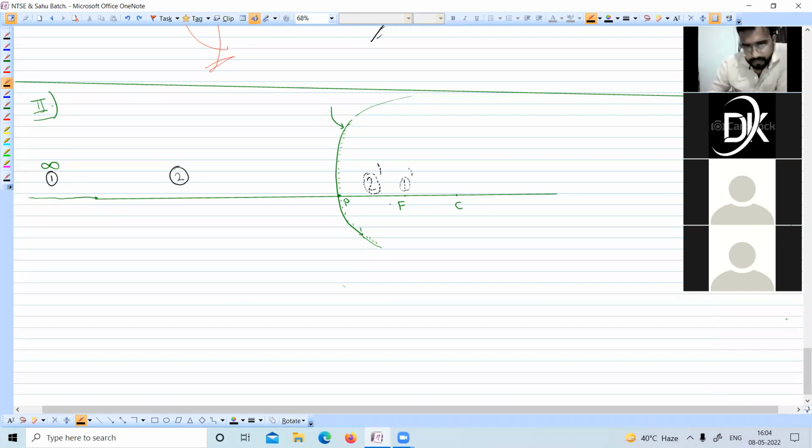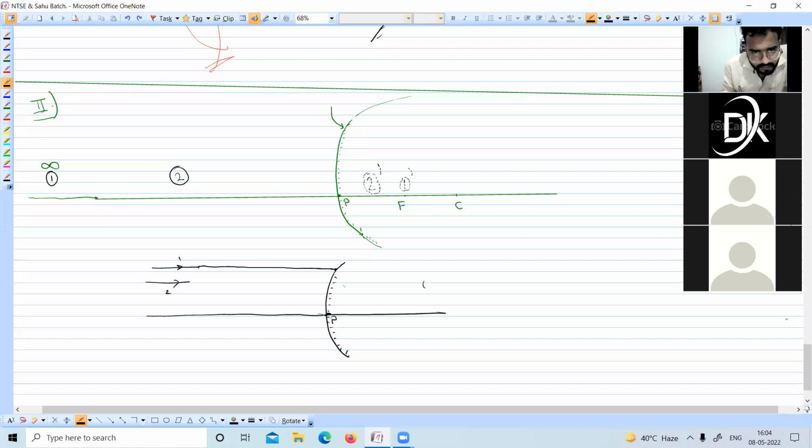Second, 2 dash between P and F. Let us draw the diagram. This is the convex mirror we have. The principal axis is passing through the pole, which is half of the effective length of the mirror. The object is at infinity. It means the parallel incident rays are coming, right? Suppose this is the 1 number, this is the 2 number. So what we found is,